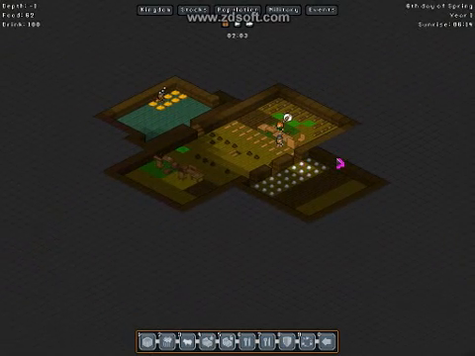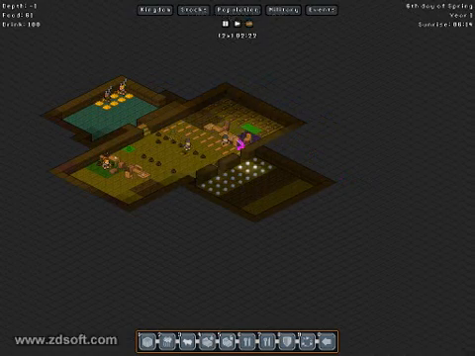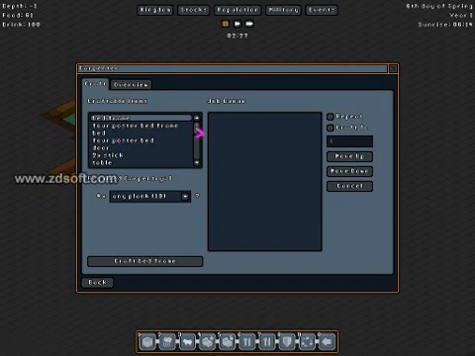Now, everything that you have in your kingdom, that includes logs and planks and what have you, attracts nomads. But different things have more worth. So, for instance, when you build statues, and I can't build statues here, I don't even know why I'm showing you this. When you build statues,